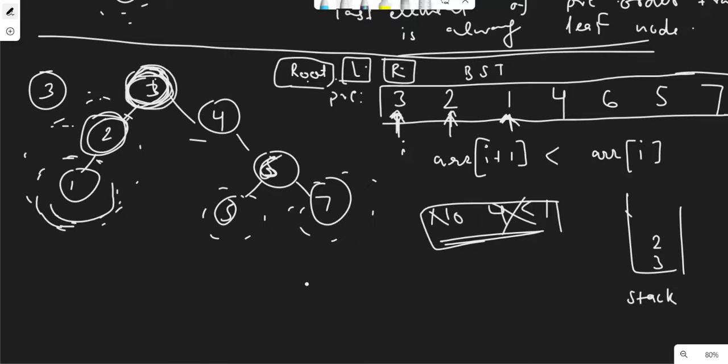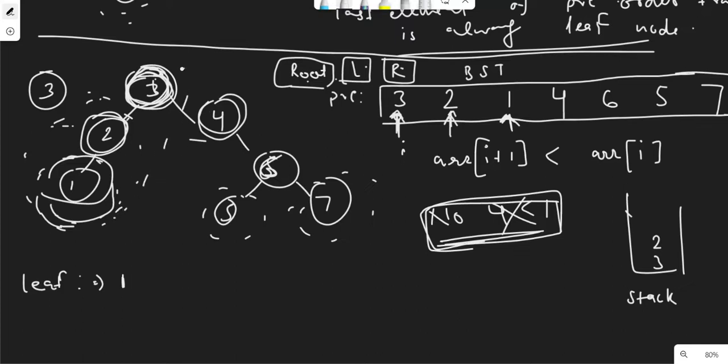So now we can say that these are our leaf nodes. We have obtained our first leaf node because we have obtained this condition that the next element is actually greater than my ith element of the array. So 1 becomes my leaf node, right? And when we find a leaf node, we need to remove all the elements that are smaller than my next element. So all the elements in the stack which are less than 4, I need to remove them because now I'm done with this part. In this part, I'm having only one leaf node, right? So I've got this one as the leaf node,